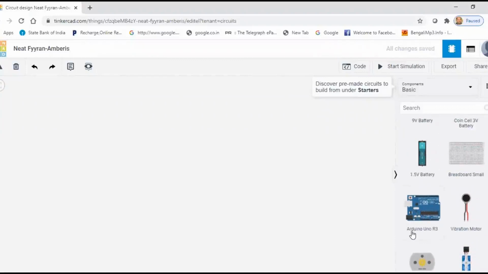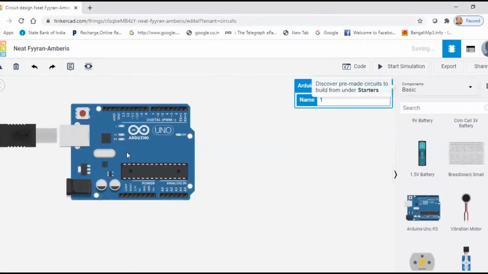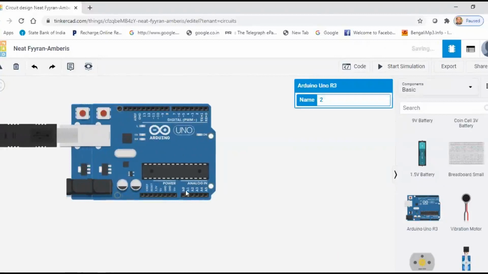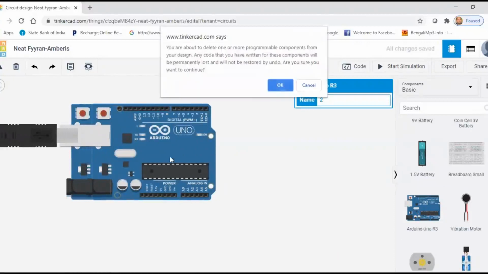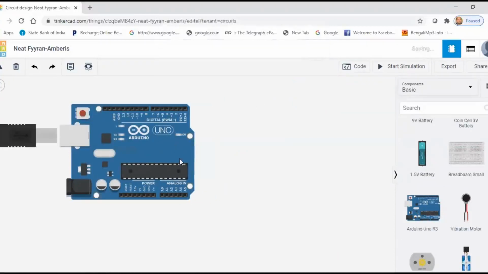For example, we are choosing this Arduino UNO. We just click here and drag it to this part. So this is the Arduino UNO board.